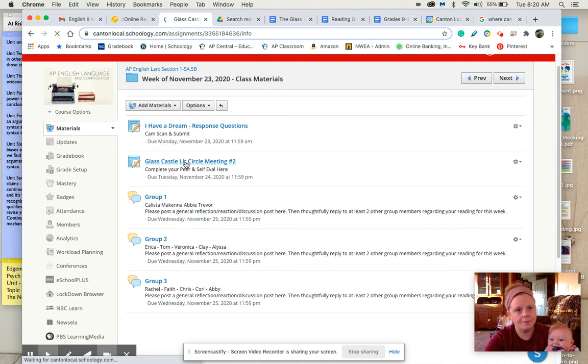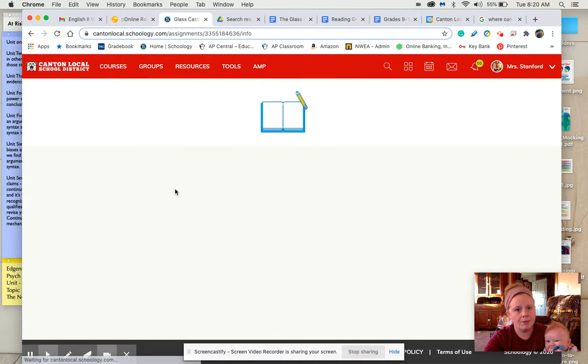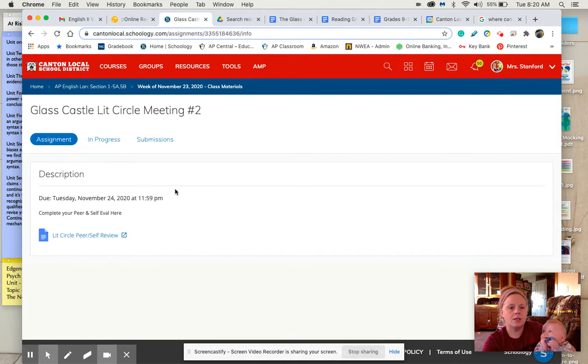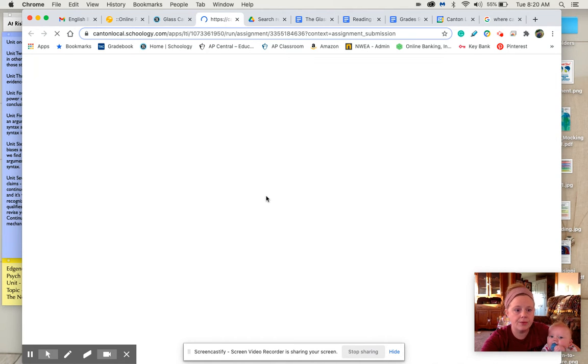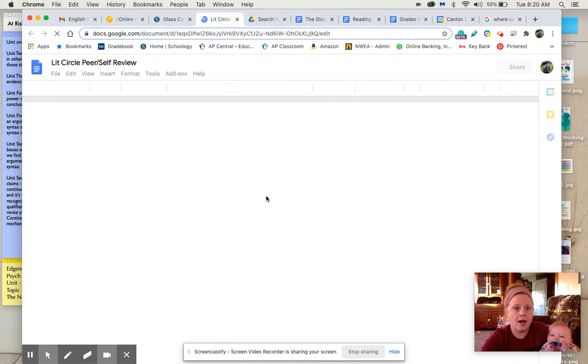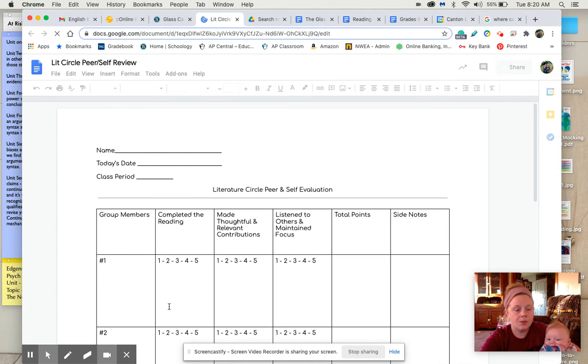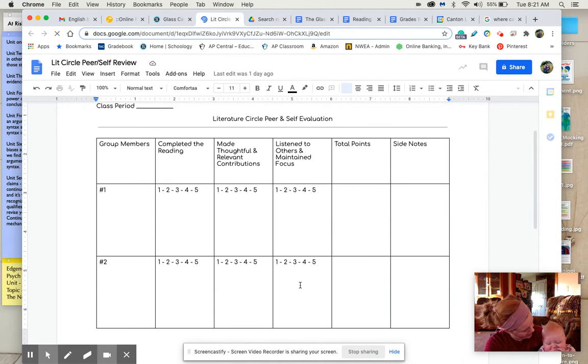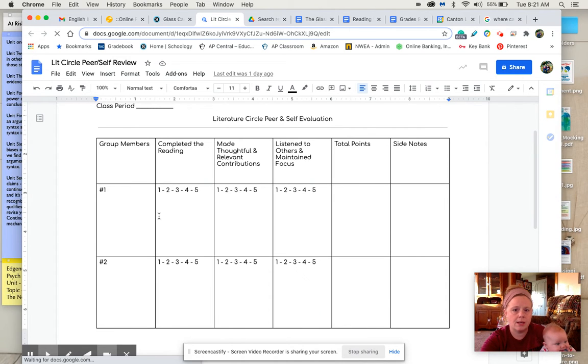But you will click here, and then you will see that I have uploaded a copy of these evaluation sheets for you guys to fill out for yourselves and your group members. All right. Remember, these are totally between me and you. So you put your group members' names in the boxes. Use the highlight tool to do the numbers, or just type them in. It doesn't matter. I'll figure out what you've done on each of your sheets so that we can do the evaluations. All right. Those are done. That's the last thing you do.